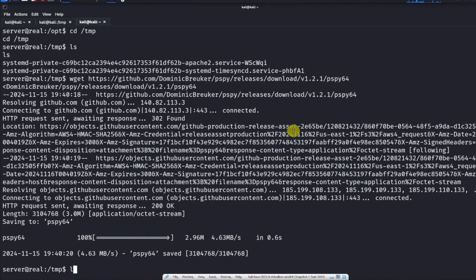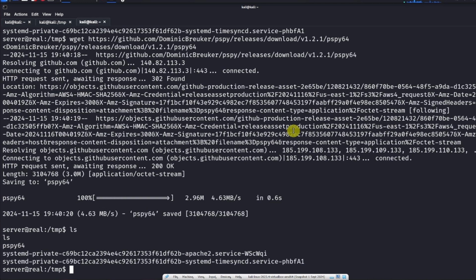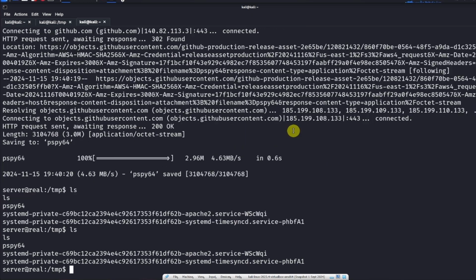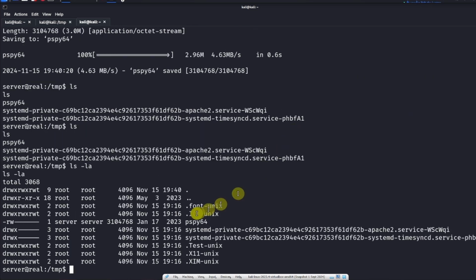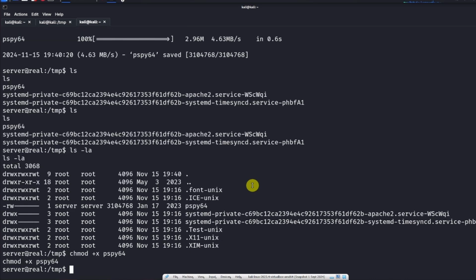Okay, so I've now downloaded the file, and we're going to run the file. First I need to give the file execute permissions. It doesn't have execute permissions, so I can't run it. So I need to chmod +x pspy64, and then I'm going to run the file. So it's pspy64,